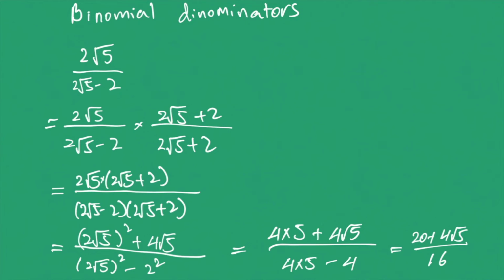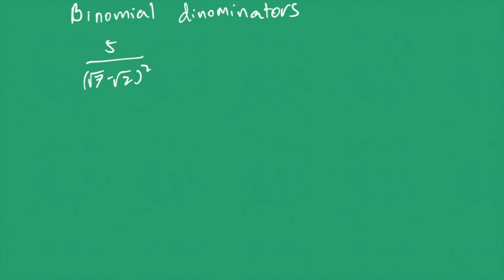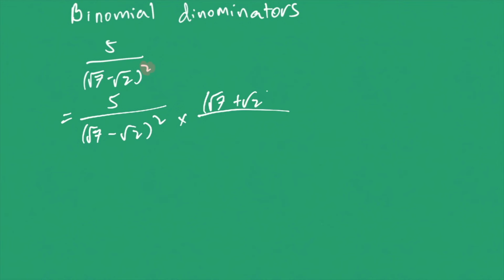Okay, let me show you another one. 5 over square root 7 minus square root 2, all squared. This question is a little bit different from the previous ones. It has a square in its denominator. Therefore, in order to rationalize the denominator, we can also multiply it by a square. We can multiply it by square root 7 plus square root 2 squared over square root 7 plus square root 2 squared